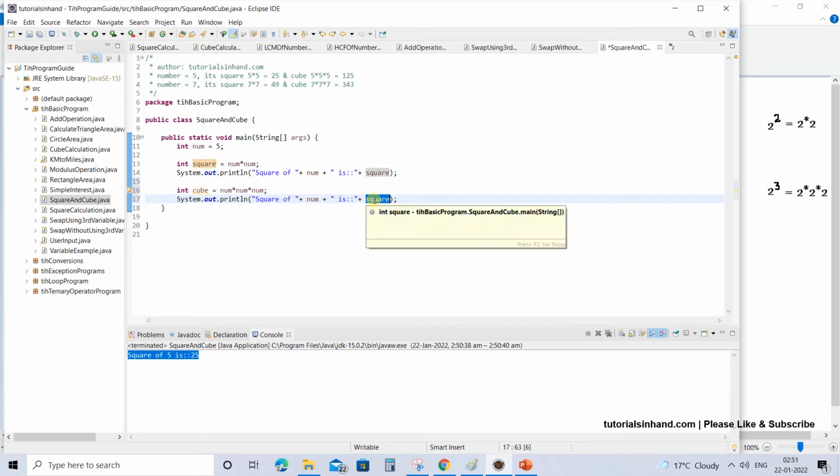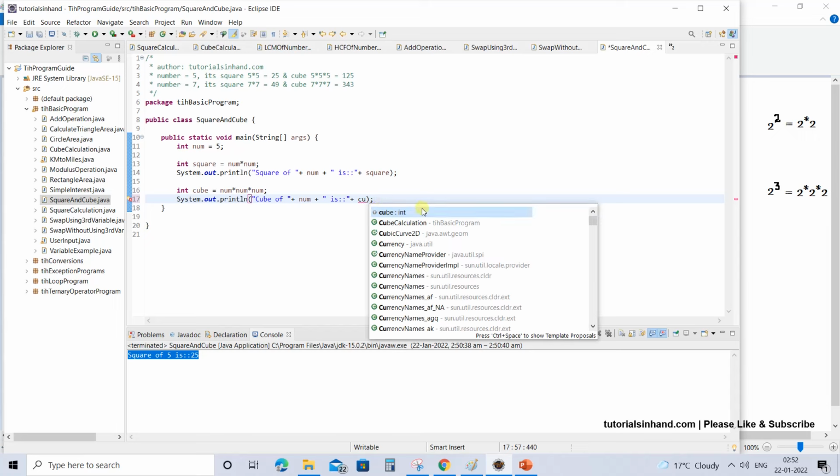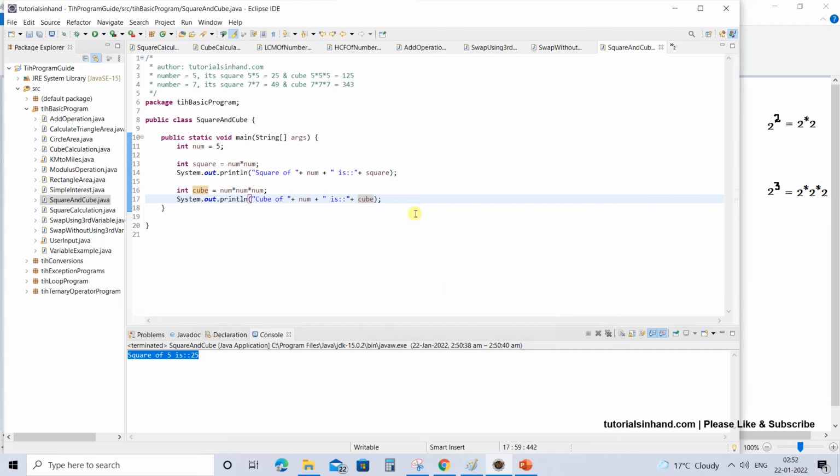Okay, it is printing the square. So if you print it, it would again print that square of 5. So change this one to cube of num. Now it will print cube of 5 is 25, because you are printing the value contained in square, but what we need is the value contained in cube. So just copy it and paste it, or you can write cu and then press Ctrl space, and you will be shown the options of the variable names. Just select the first one and you will get cube. So you can do either way, copy, or follow the second method that I have said.